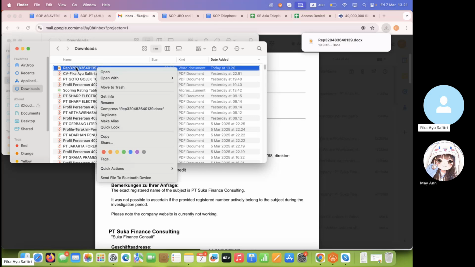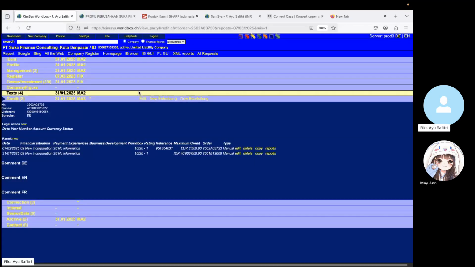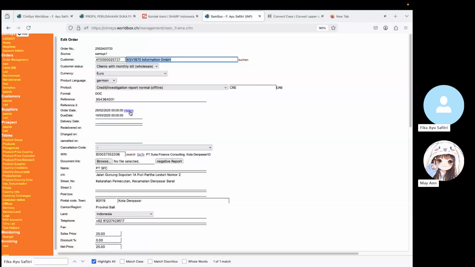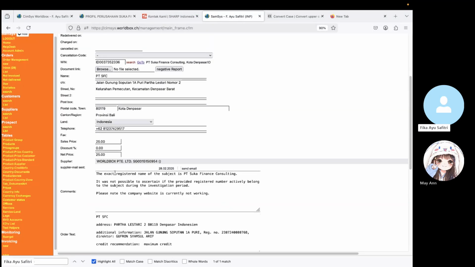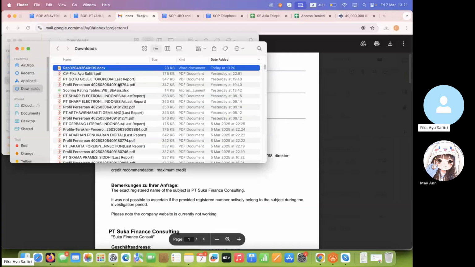Not the given name, you have to rename it with the correct registered name. Then click rename. Yes, we will be using that.